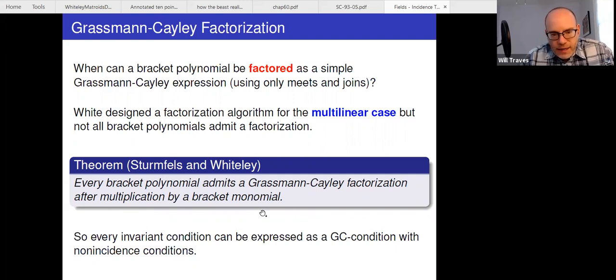What I take it to mean is the following thing. Remember that every bracket polynomial we're interested in expresses, through its vanishing, some kind of invariant condition among a bunch of points, let's say. And what this says is that when you multiply by a bracket monomial, you can express that condition in terms of these meets and joins of linear spaces. And the point here is that when you multiply by a bracket monomial, what we're saying is that